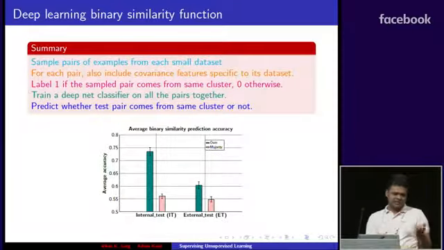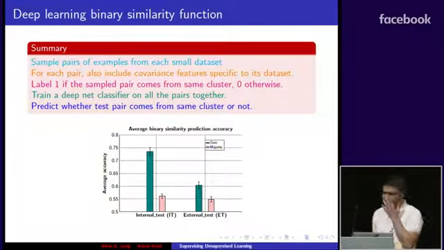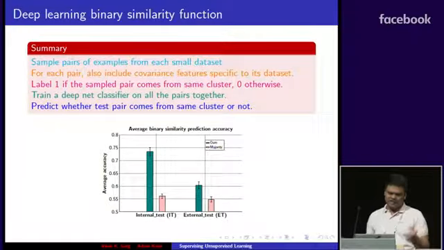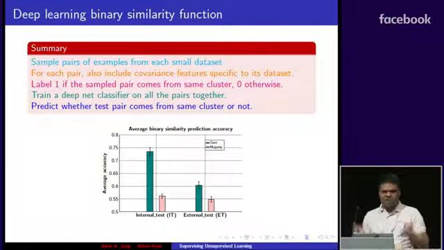In the internal test, we used some of the training data, so there was an overlap between the test problems and the training problems. So we got consistently high accuracy. This is not surprising, but on the external test, we did not use any of the data that was used previously, and we still managed to get non-trivial improvements. So this provides evidence that you could combine multiple small data, unite them into big data.